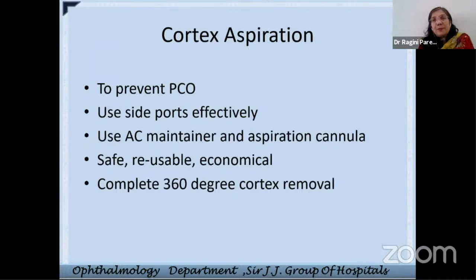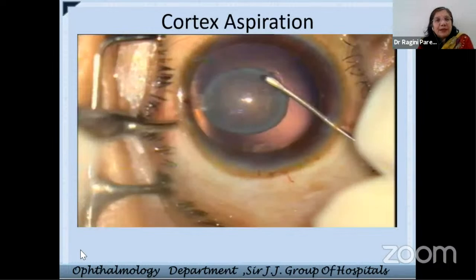Cortex aspiration is to prevent posterior capsular opacification. The use of side ports effectively to do a complete cortical cleanup really helps you in 360 degree removal of cortex. We use a manual AC maintainer and the Lahn's aspiration cannula because we do a large volume of cases and they can be autoclaved easily. They're very economical, safe, and reusable. So as you can see over here,